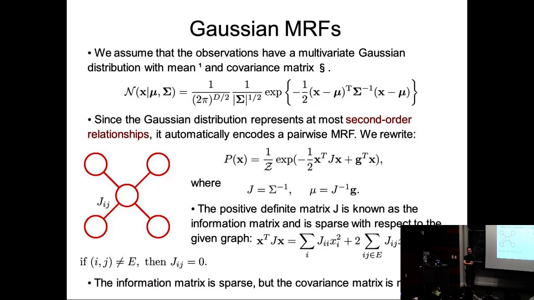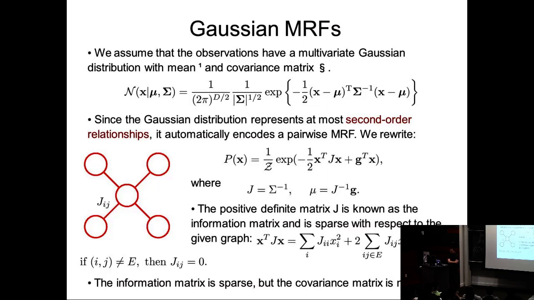And so what I can do is I can write P of x in this way. I can say it's x transpose Jx, right? And if you look at the matrix, it's just going to be xi, xj, some parameter Jij, right? In this particular formulation, J here is going to be the inverse of the covariance matrix, sometimes called the precision matrix. And mu is going to be defined by the precision matrix times the vector g here, which just incorporates all the bias terms. So because your covariance matrix is positive definite, your J is also going to be positive definite, and it's sometimes known as a precision matrix or information matrix. And it's sparse with respect to a given graph,